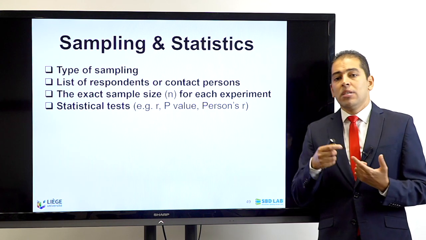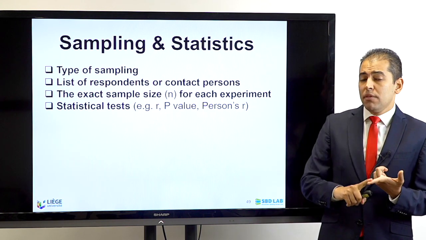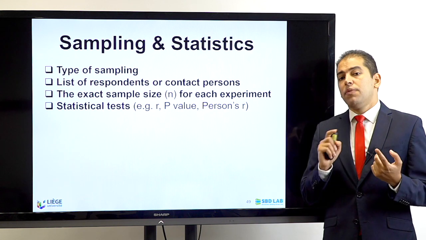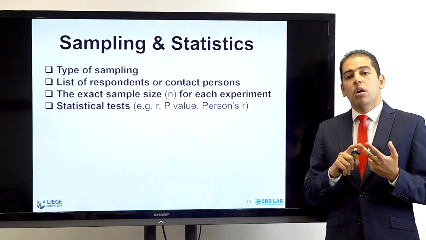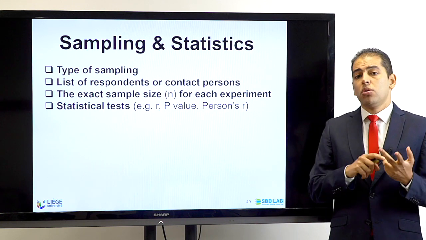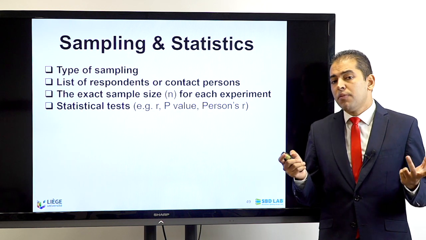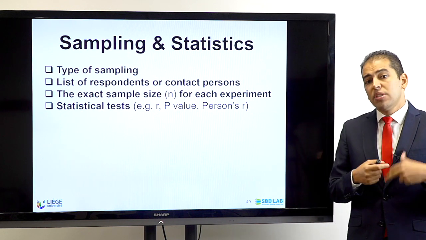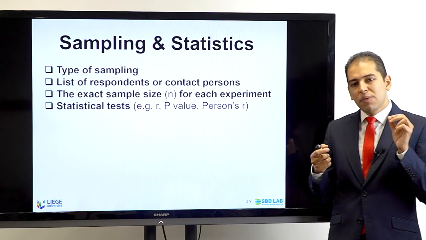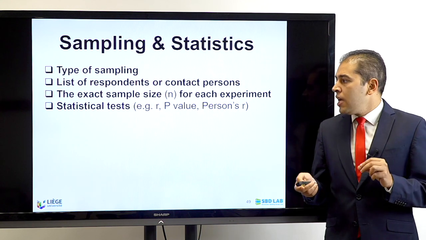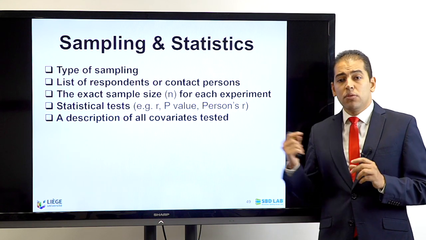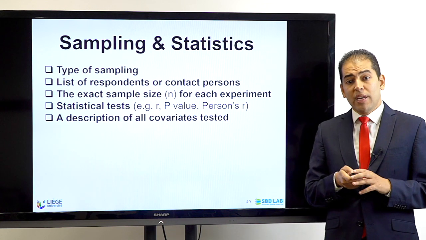These are statistical tests to test the variance or for correlation. This is very important, or other types of modeling to predict. So it's important to define the statistical tests, and after that I have to describe all my covariates that are